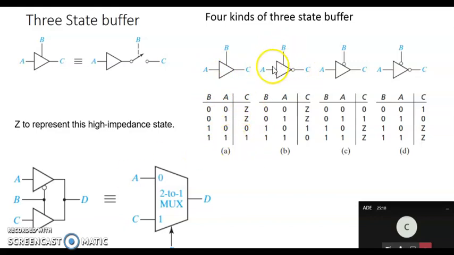Now we'll look into the next. A we have provided, but we have written an inverter here. Our output will be the complement of the input. Here also B is directly given. When B is 0, this buffer is disabled. When it is disabled, irrespective of the input, our output is high impedance. When B is 1, if the A input is 0, then our C is the complementary content of the input. When A is 0, I'm getting 1. When A is 1, I'm getting 0.